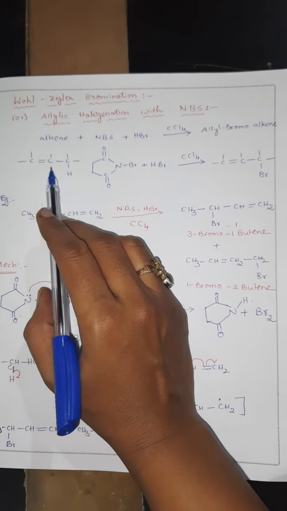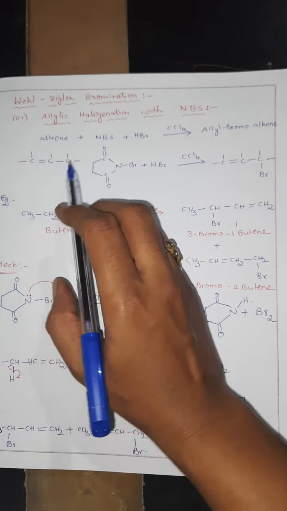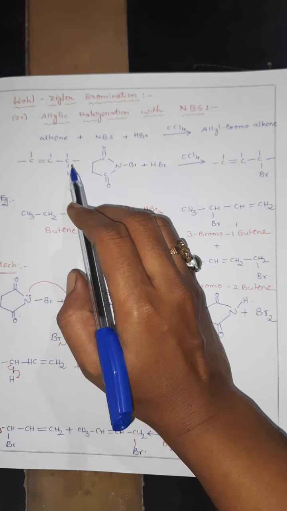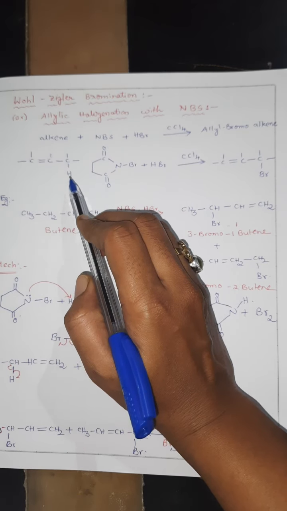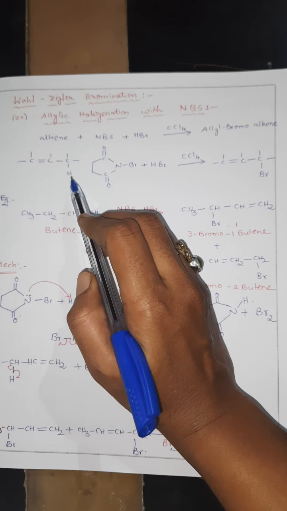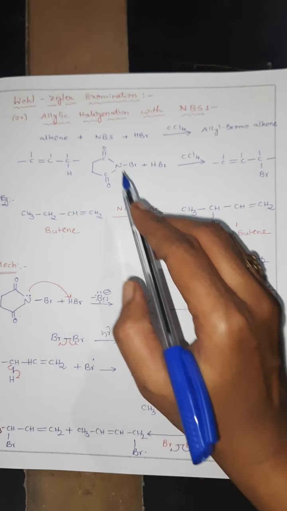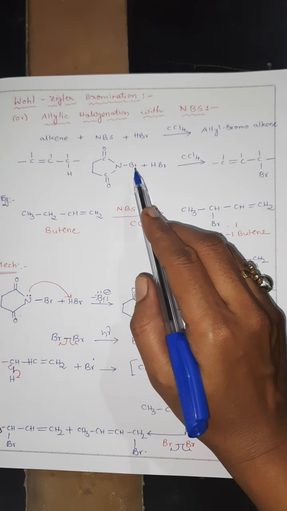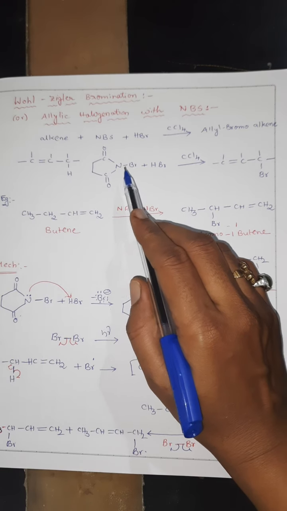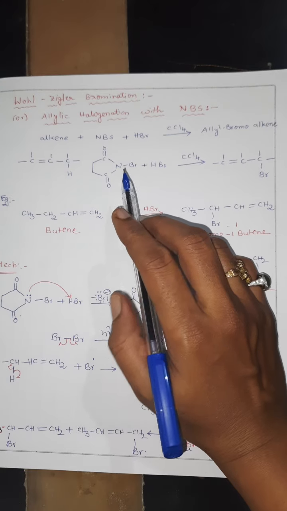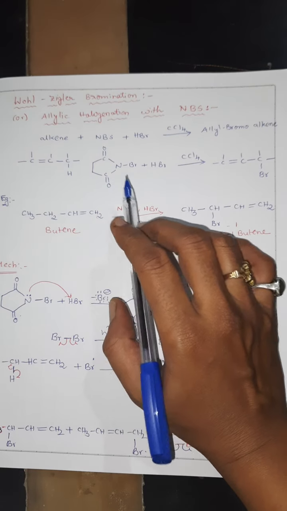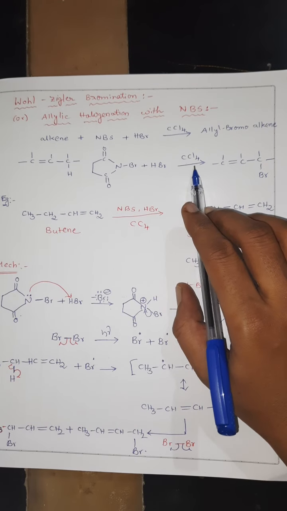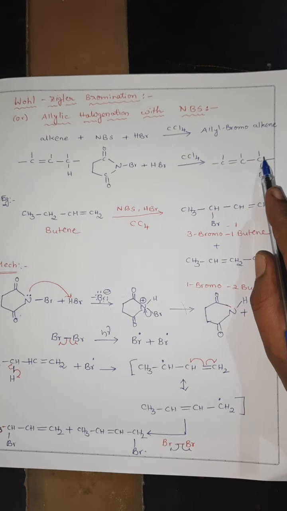So this is a general alkene formula with allyl hydrogen. This alkene has an allyl carbon, and it has one hydrogen atom. This alkene on treatment with N-bromosuccinimide, which comes from succinimide, and hydrogen bromide in solvent carbon tetrachloride, it forms allyl